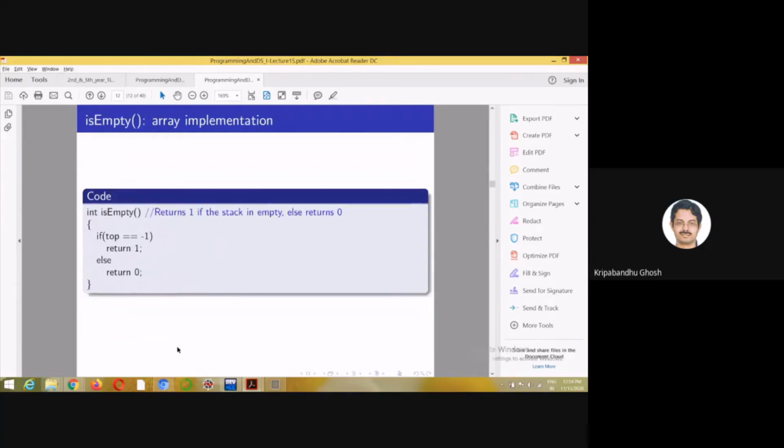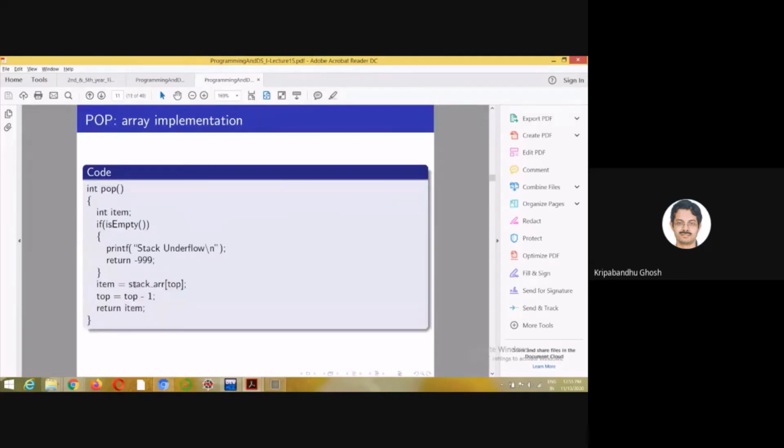And if I want to remove anything, I need to check if it is empty or not. If it is empty, then there is no point in removing. So it asks the question: is it empty? If top is -1, that is the initial condition, that is the empty condition, then it will return 1, otherwise it will return 0.